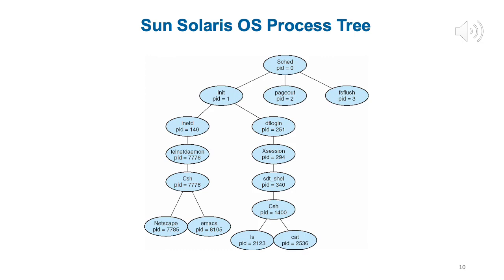Each process has a process ID, and they have some kind of tree formation. So what happens is probably one of the users has a shell, CSH, a shell or a command line, and within that command line they opened the Netscape browser and the Emacs editor. Another user typed ls from their shell and then cat from their shell. So like that you can have a parent-child relationship, and you can have the whole tree for a process.